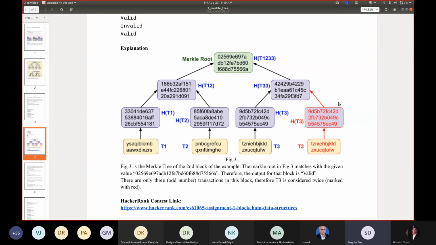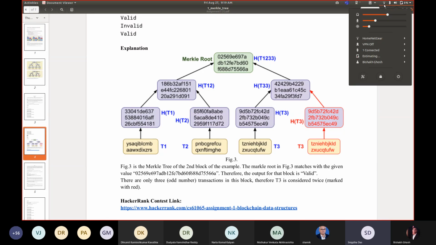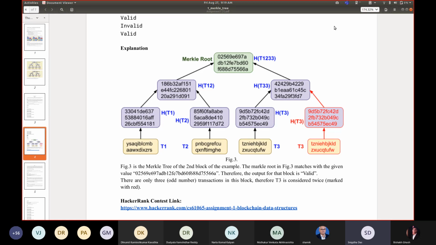And at every layer you need to check whether the number of nodes is even or odd. If odd, duplicate the last node to make it even, so that at the end you get a single node and stop there.